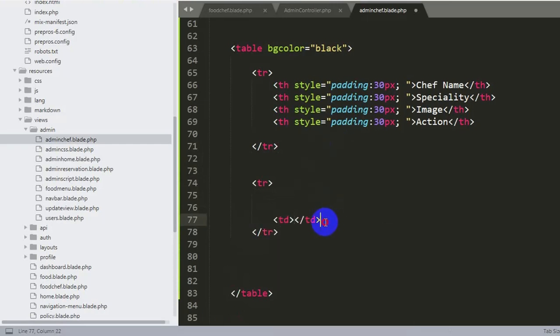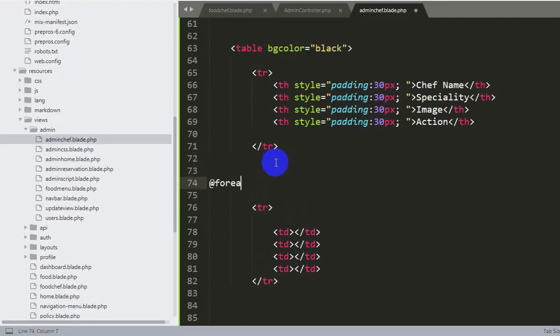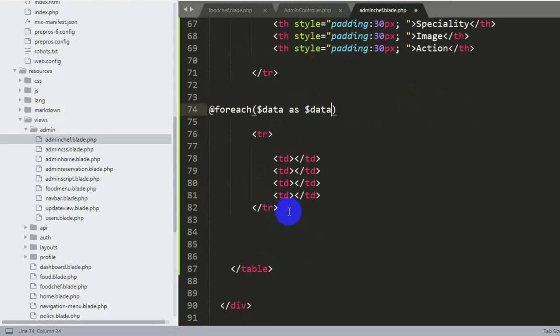Let me just copy it, Control C, then Control V, Control V, and Control V. Okay, so over here we are going to say @foreach, then $data as $data, and this foreach will end after this tr, so we'll say @endforeach. Let's save it.